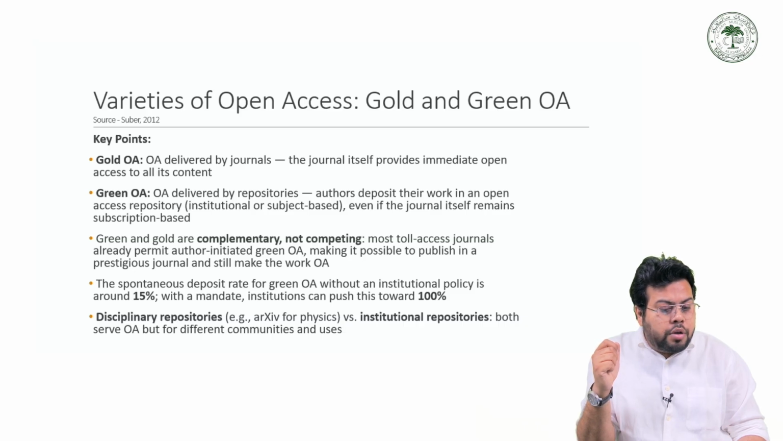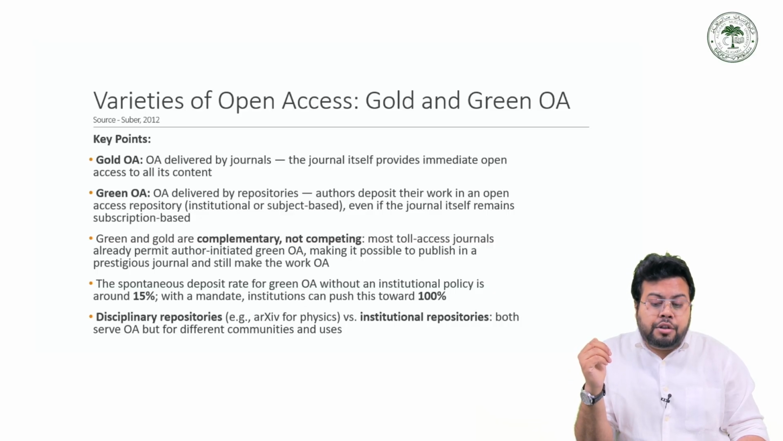Now, let's see what gold open access is. Open access delivered by journals. The journal itself provides immediate open access to all its content. Green open access is simply open access delivered by repositories. The authors deposit their work in an open access repository, institutional or sometimes subject based, even if the journal itself